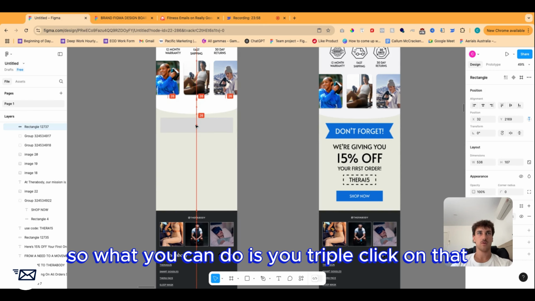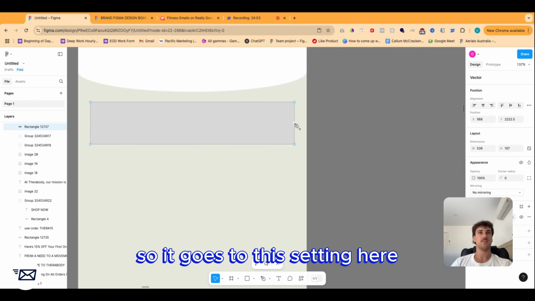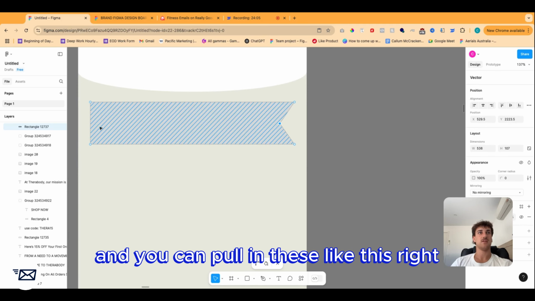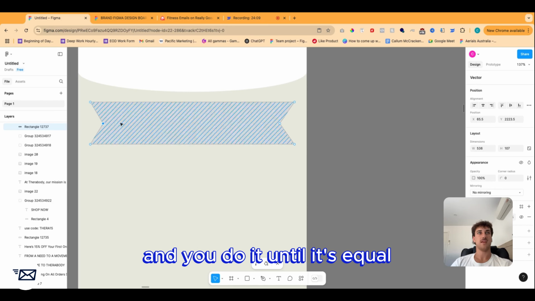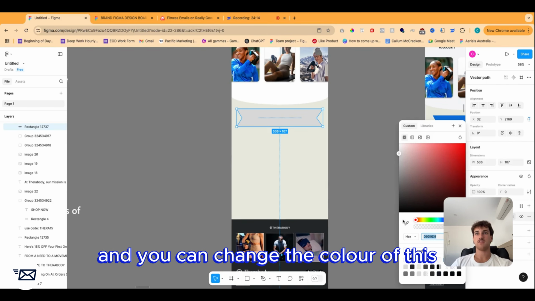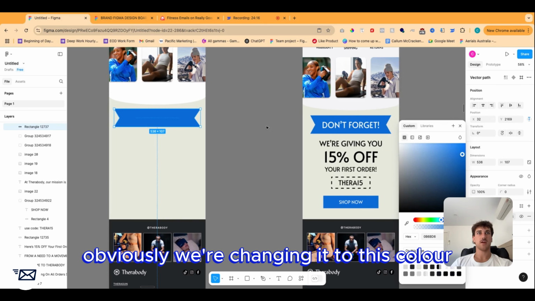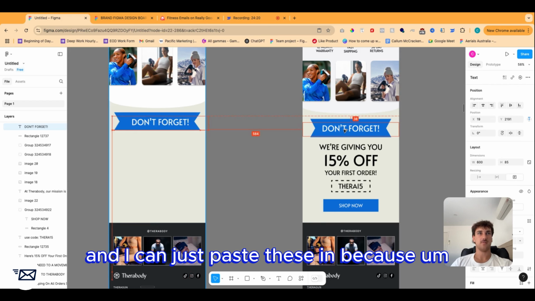So what you can do is you triple click on that. So it goes to this setting here, and you can pull in these like this, right? And that creates a nice little banner, and you do it until it's equal. And then you click off, and you can change the color of this. So obviously we're changing it to this color. And you can see that's come up very nicely, and I can just paste these in because